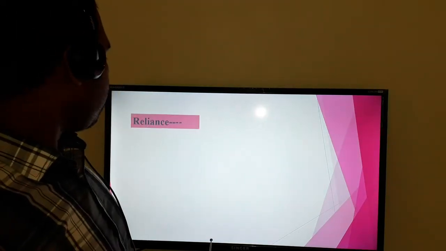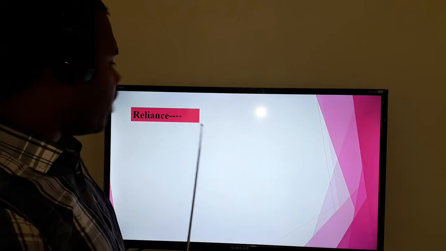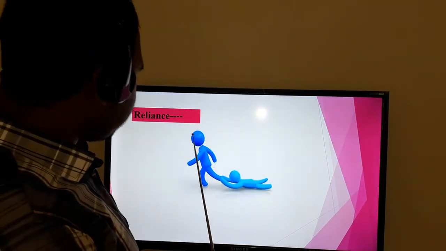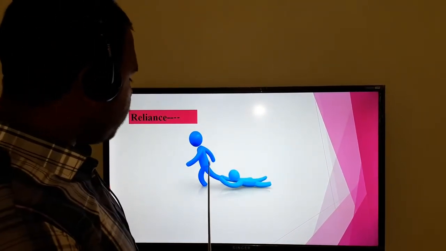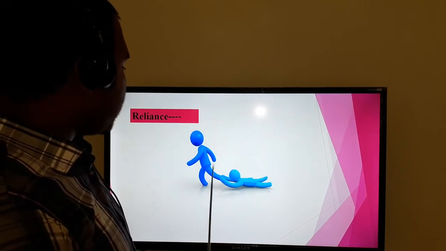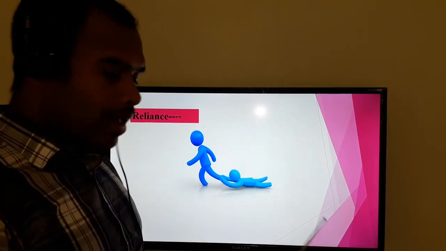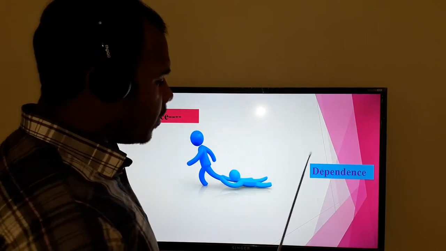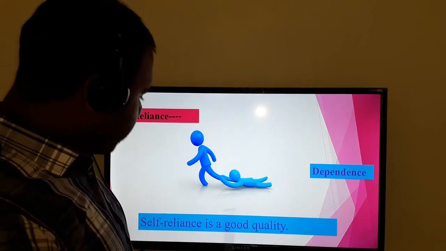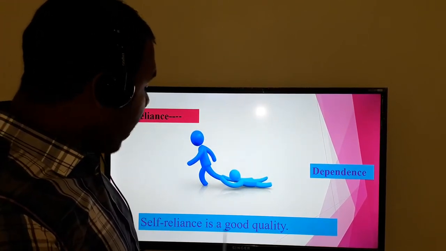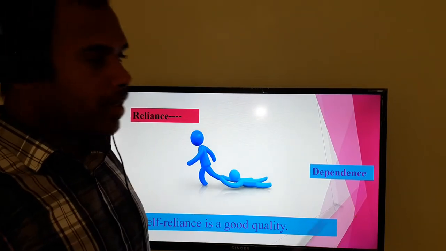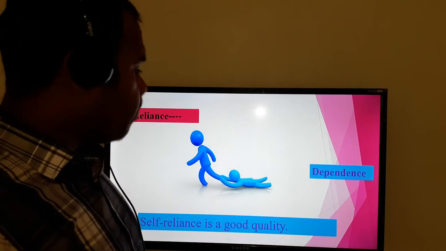Number two, reliance. What is the meaning of reliance? Can you tell me? Okay, now we have a picture. You can guess, I think. What does this picture signify? Reliance, you see, that boy is dependent on that person. That is called reliance. Reliance means dependence. I think now you understand clearly. If I write a sentence like this: self-reliance is a good quality. You need to be self-reliant, and that is a good quality basically. Number three,